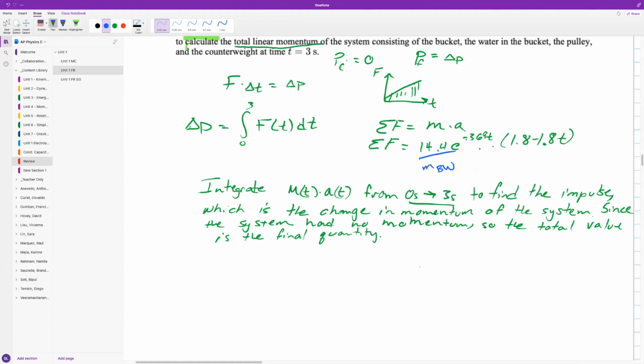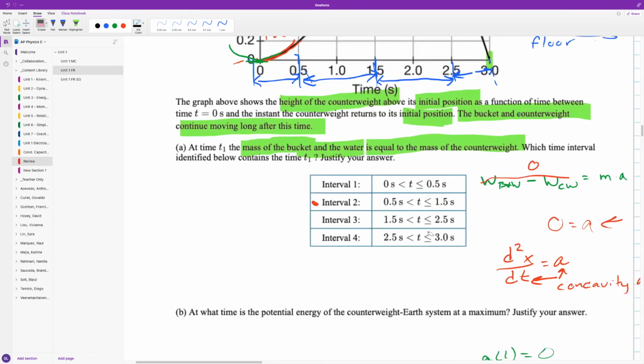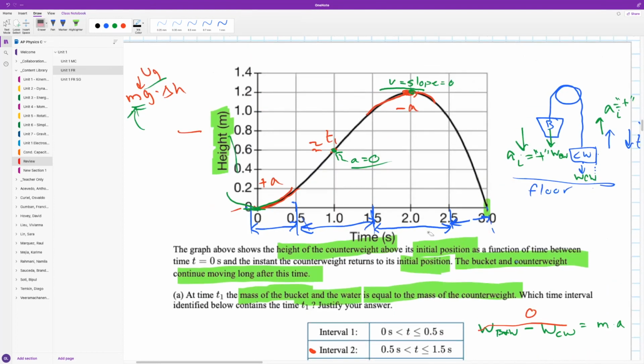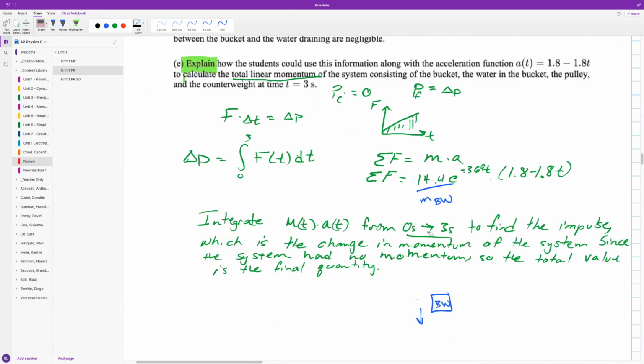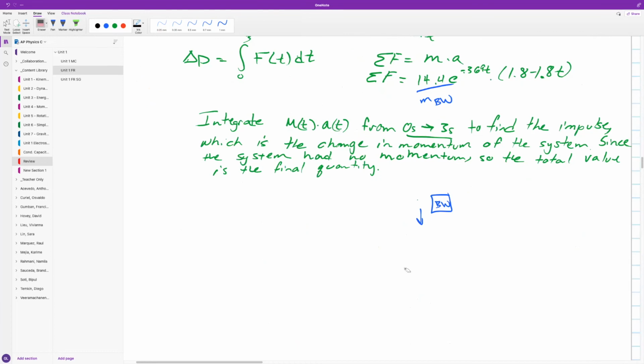The counterweight itself is creating a force in the opposite direction and therefore trying to cancel out the change in momentum of the bucket and water. So at the end of the day, we're going to have the bucket and water with a velocity downward initially. Well, actually, it's going to be after enough time passes. I think here, did we determine when it reverses direction? The height is reached at 2 seconds. So, and we're talking about at 3 seconds. At 3 seconds, we do expect